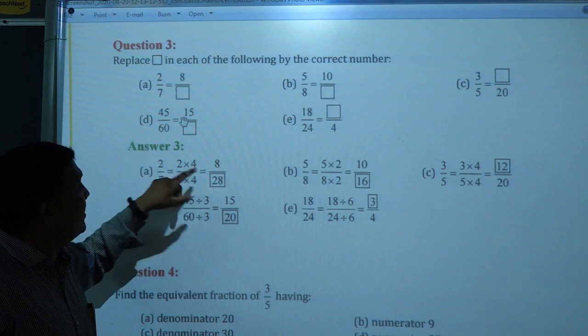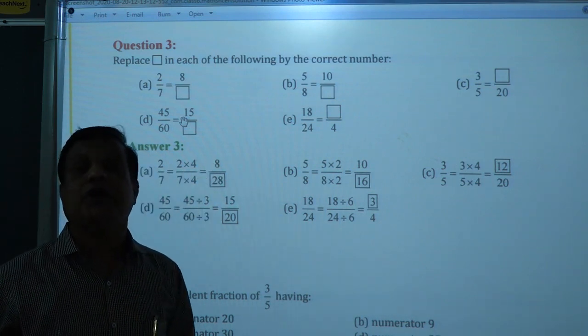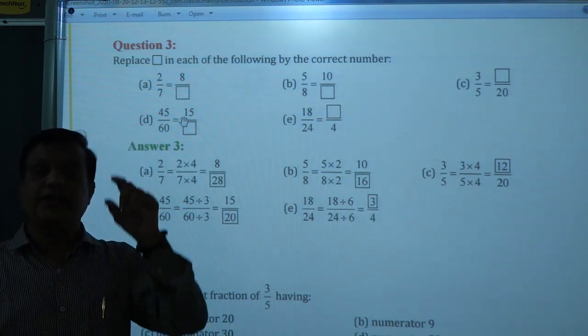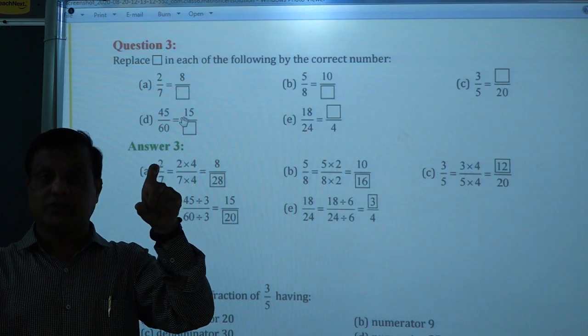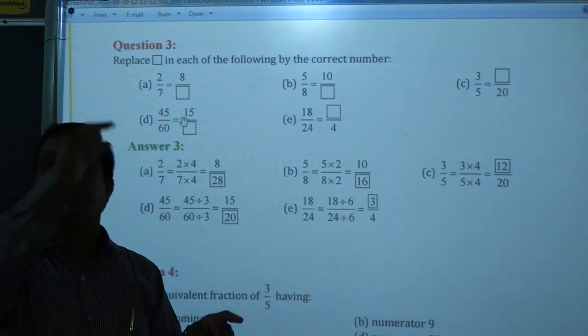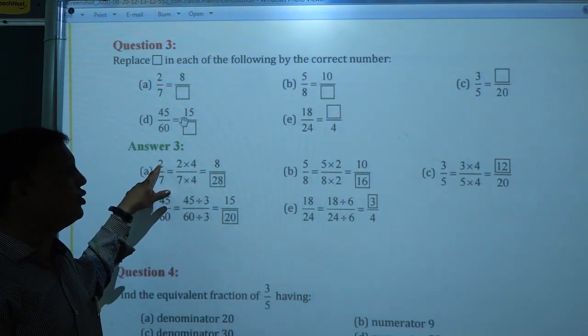A smaller number is given and a bigger number is asked, so you have to multiply. How do you have to multiply? You have to check whether numerators are given or denominators are given. If numerators are given, both the numerators are given, so in the smaller numerator, in which table that number is coming, the same number you have to multiply with the denominator. So the answer comes to you. Here is given 2 upon 7.